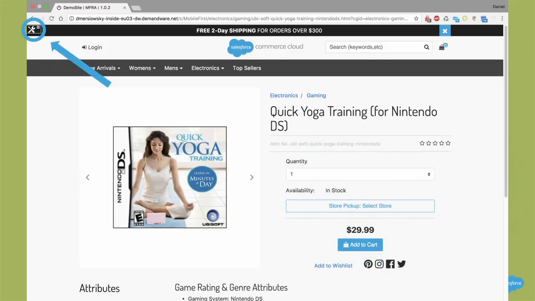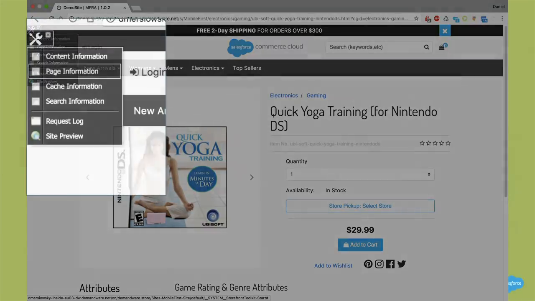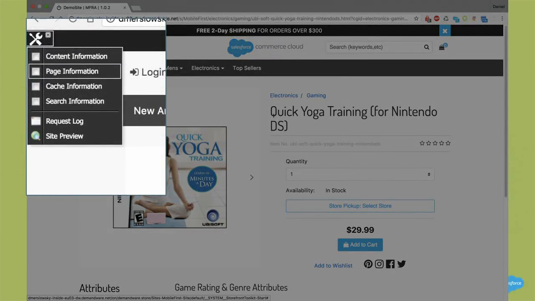It's that little fellow on the upper left. And if we click it, we eventually see a menu. Let me zoom that in for you, which shows the options that I get. This is working on every instance except the production instance. So now I can get some information about the content, the page which we are using now, also cache information